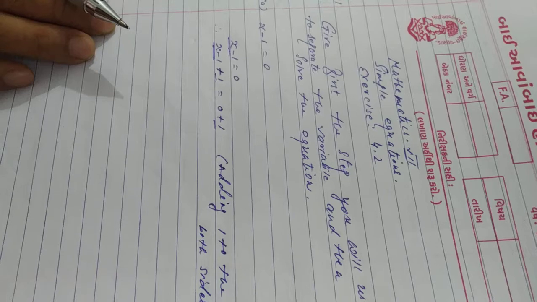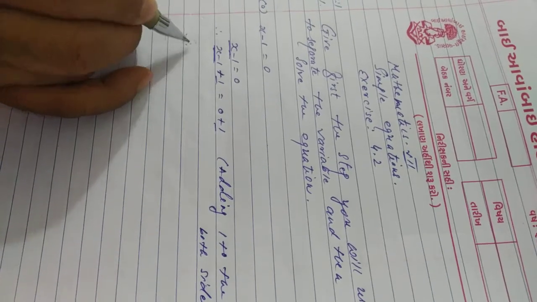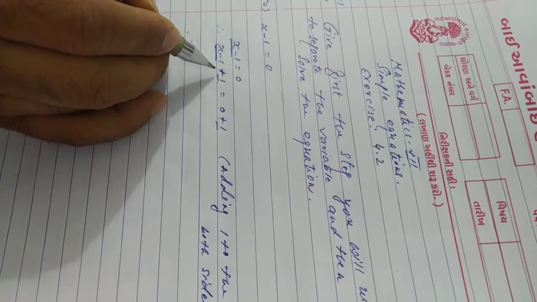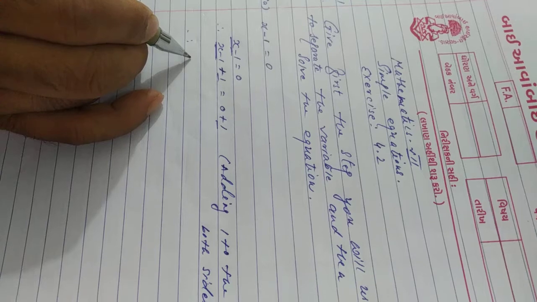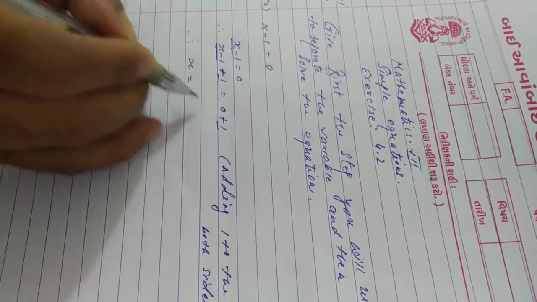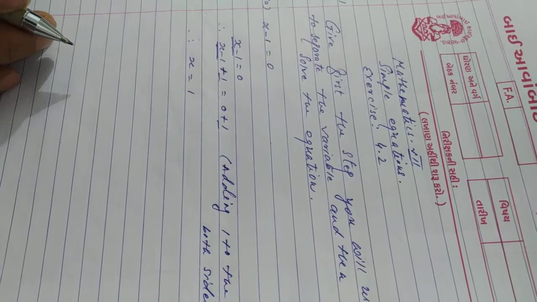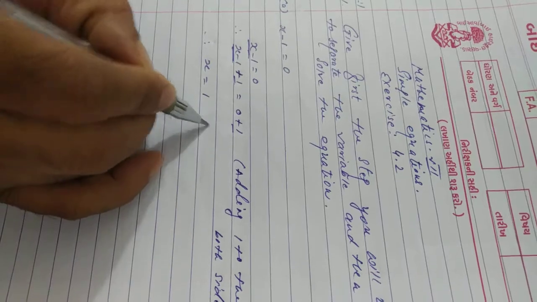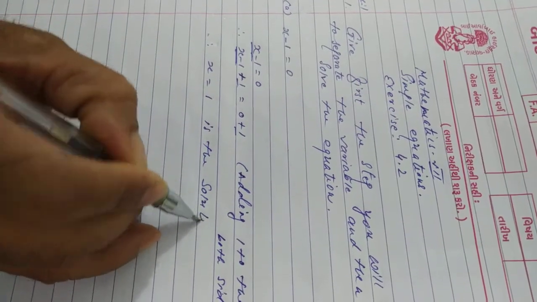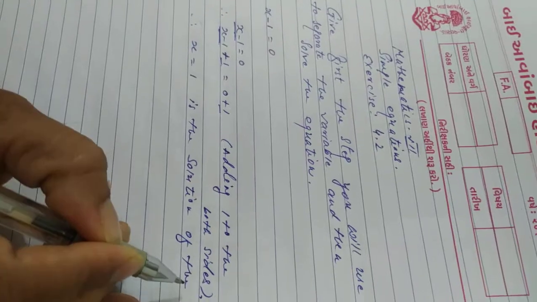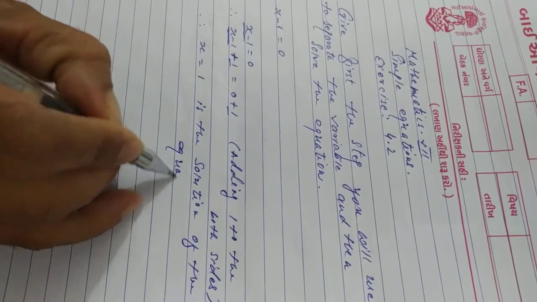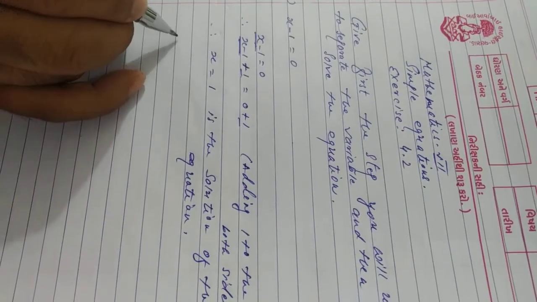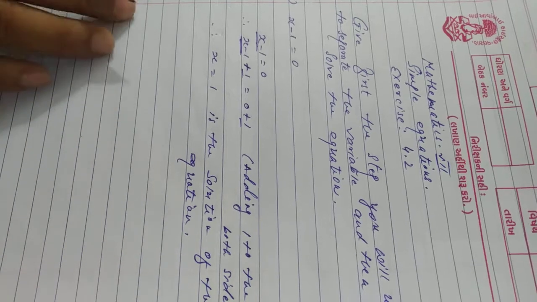So that point we have to learn clearly. Therefore, now x minus 1 plus 1. So what do we get? Minus 1 plus 1 is 0, right? So x is equal to 0 plus 1, which is 1, right? Therefore, x is equal to 1 is the solution of the equation. So understood? Sure? Good.